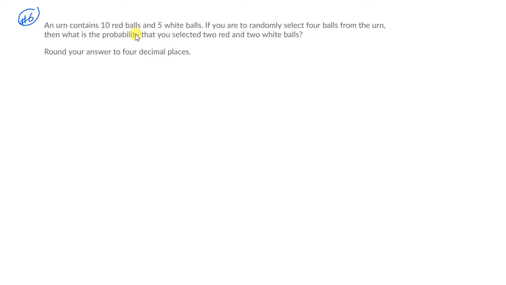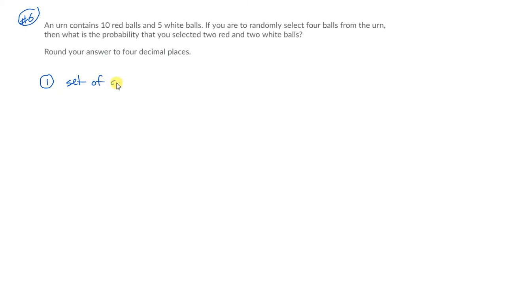Here we're supposed to select 2 from the reds and 2 from the whites. So it's really a similar problem: 2 from one category and then 2 from a second category, just like before, when we had 3 from the winning category and 2 from the losing category. Same idea. Okay, so step 1 is identify the sample space,